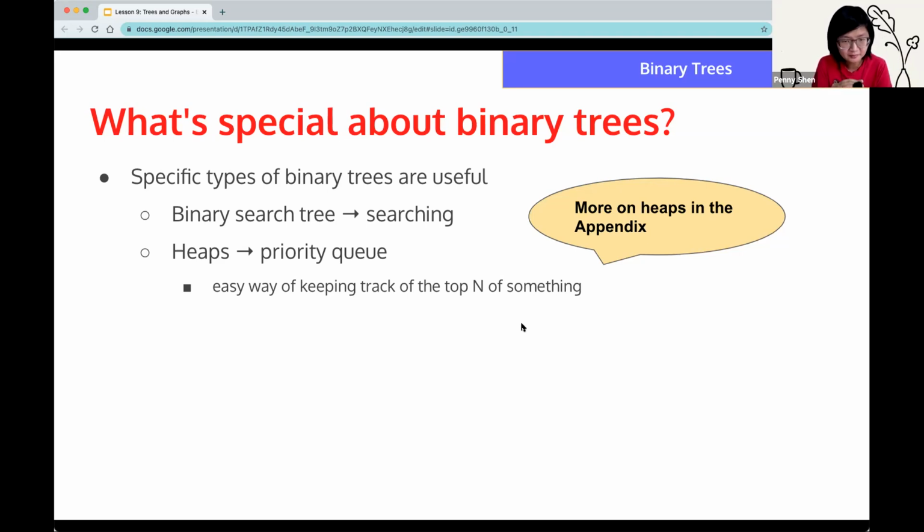And we actually have more information on heaps in the appendix if you're interested. In real life, you'll probably never have to implement a heap or binary search tree because those are all implemented for you. But because binary tree is an important concept in general in CS, I think that's why people like asking them in interviews. That's just something good to know. Also, binary trees are in some ways a simpler version of trees, and it tests your skills in recursion. It tests some fundamental understanding of trees, and that's another theory of why they like asking in interviews. But we are also talking about this because they ask it in interviews a lot.